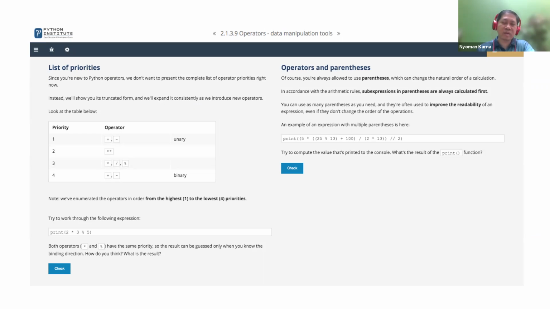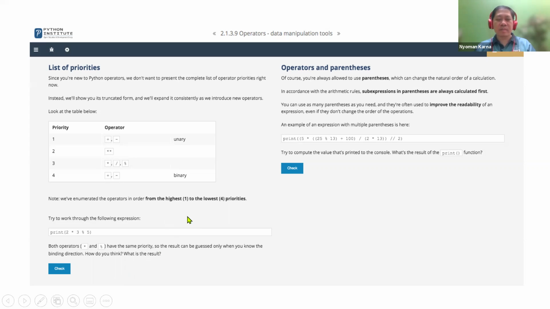Is it a positive number or is it a negative number? And then exponential, and then the multiplication, division, integer division, or modulo. That's the third level in hierarchy. And then the least significant is the addition or subtraction.